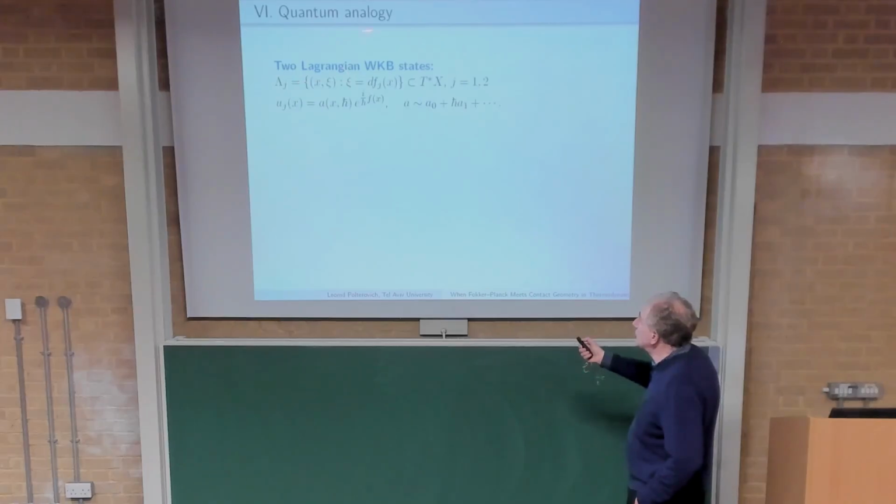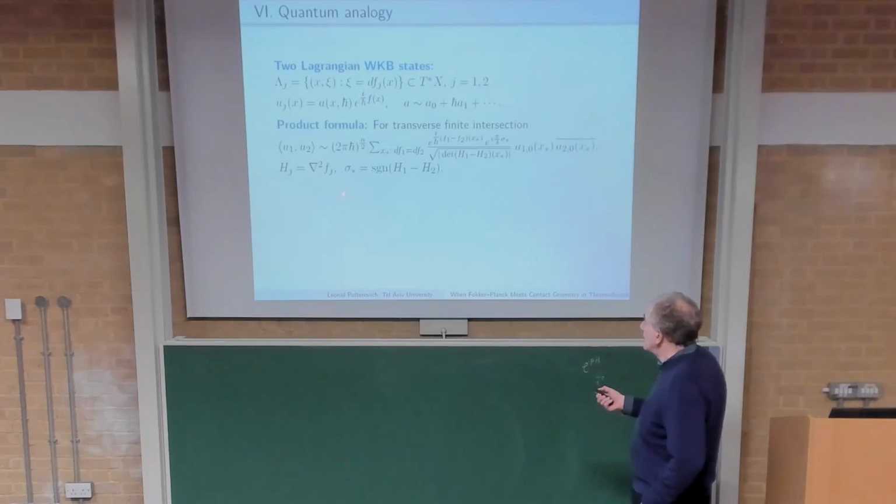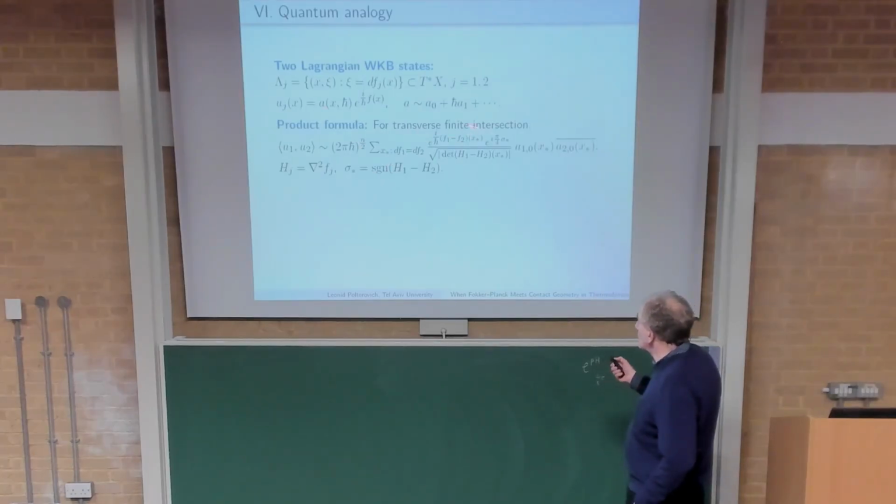So we do quantum mechanics, we consider two Lagrangian submanifolds in T*X, graphical, so xi equals the differential of a function f_j. And to this Lagrangian, we associate the state whose amplitude is a(x, h bar), not so important to us, but what is important is that the phase is e to the power i divided by h bar times f(x). And then one has the following formula, that if our Lagrangians have a finite number of transversal intersections,